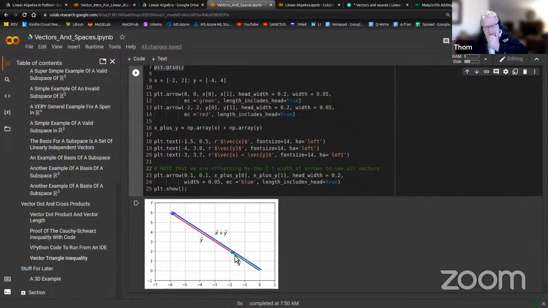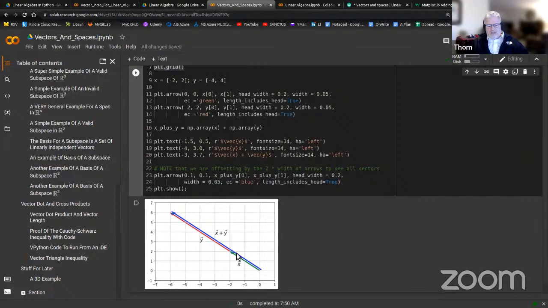So again, these are defined in 2D, but we could make a change of basis, a change of coordinates, and say, this is now our x direction. And this is now our y direction. And we could say, oh, well, that's a one-dimensional subspace of that two-dimensional subspace, because we actually just rotated our coordinate plane. But just to make this more visual, I moved the tail out 0.1 and up 0.1. And we haven't defined any units. This is very general. But that's just to show you, okay, that's the case when these are along the same line,